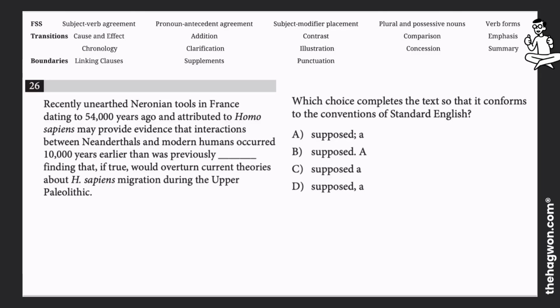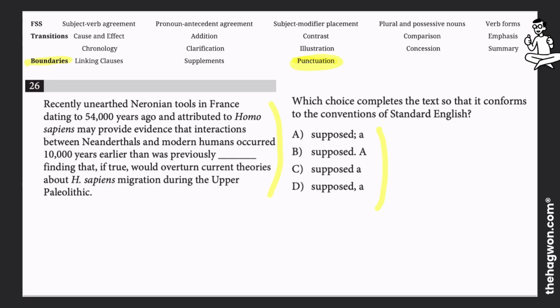Question 26, we are on punctuations of boundaries. We're dealing with punctuations with four choices that look very, very similar: the semicolon, period, no punctuation, and comma. The best way to answer this question in the most efficient manner possible is to clearly understand this